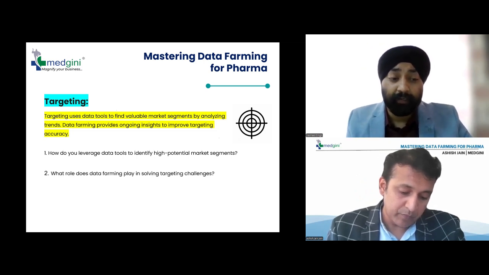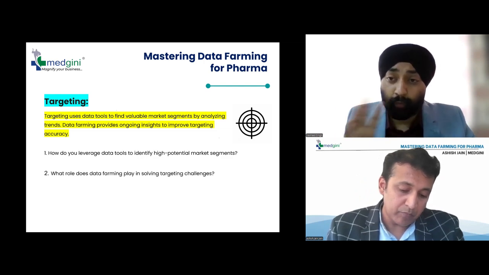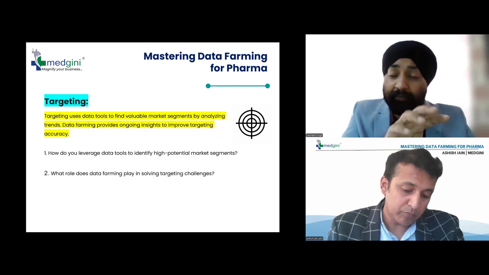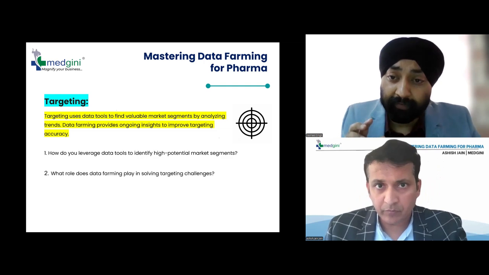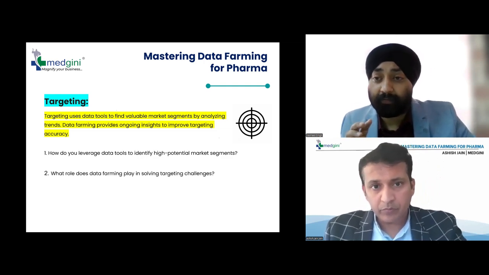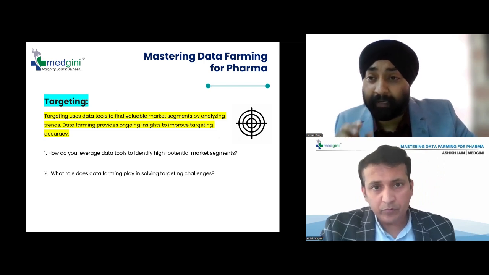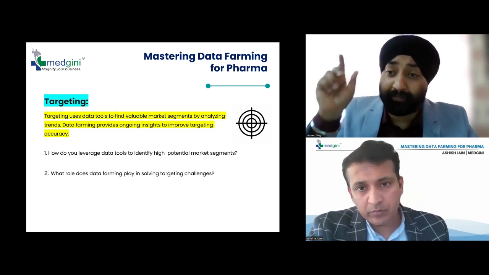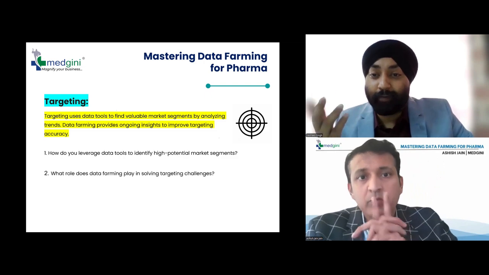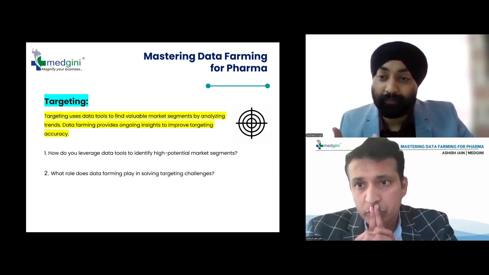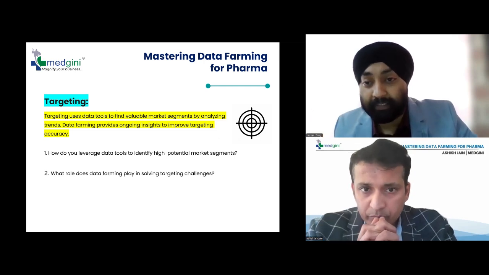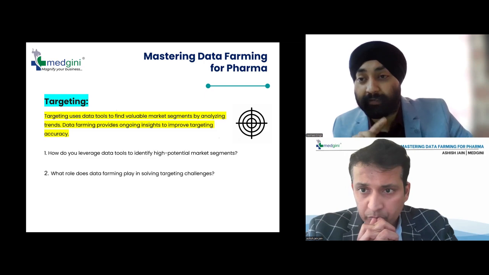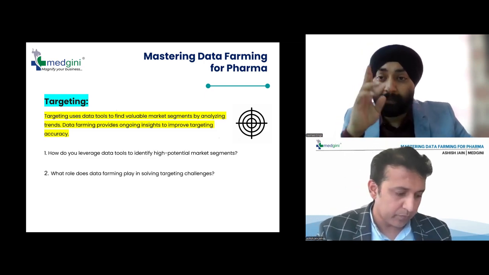Because when the understanding of the data comes, a good marketeer will do a deep dive and find a pearl out of it. But what will happen if a better pearl is available with your competition, and your customer will buy that pearl and will not value your pearl, right? So while doing the competition landscape, when you are doing a targeting exercise, you need to map your competition